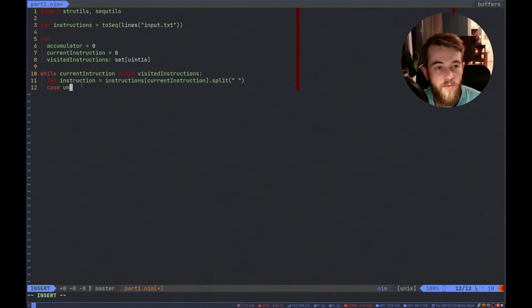And then we're going to do case instruction 0. So this is a string of nop. We're just going to do a discard, and then of